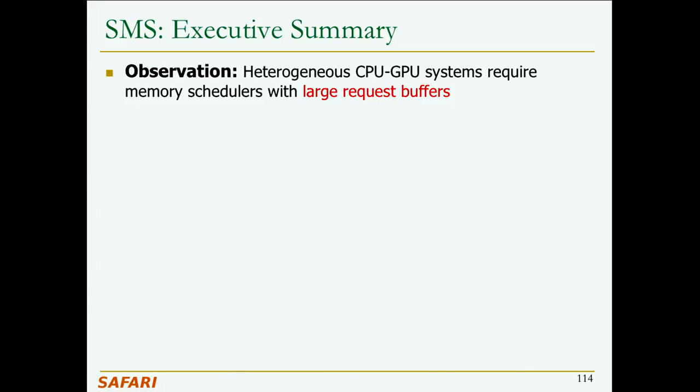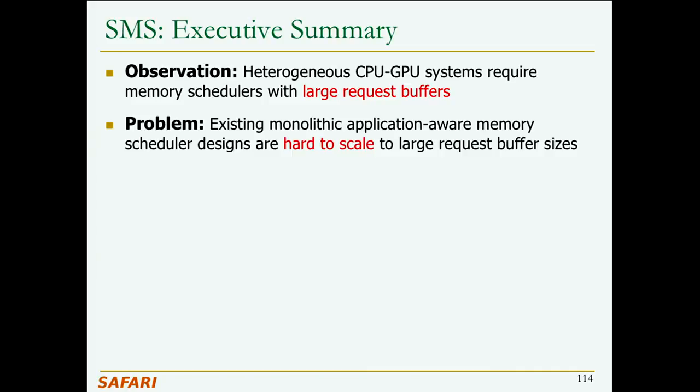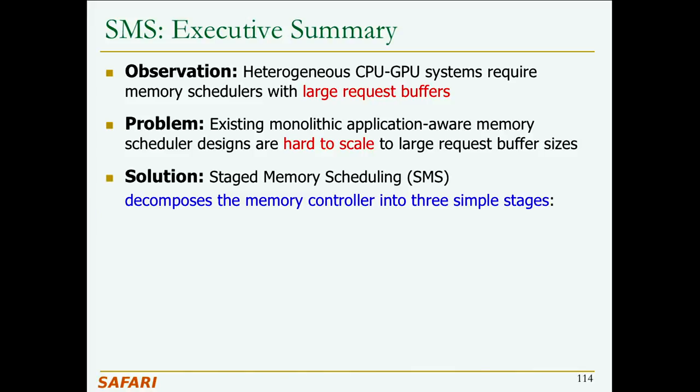it turns out that the GPU is very, very bandwidth intensive for the reasons that we figured out when we looked at the GPU, right? It has massive parallelism. As a result, it has massive memory parallelism as well. So you need large request buffers. And it turns out that these existing monolithic application-aware memory scheduler designs, not BLISS, this was actually developed before BLISS, are hard to scale to large request buffer sizes. So the solution, in this case,